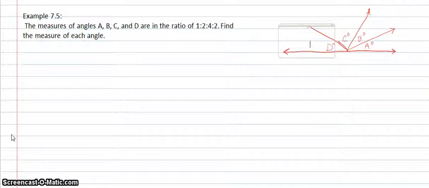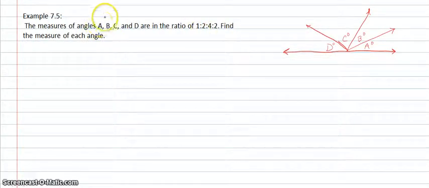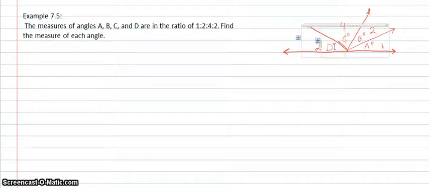In the fifth example of Lesson 7, we have the measures of angles A, B, C, and D are in the ratio of 1, 2, 4, and 2. Find the measure of each angle. So the ratios, these numbers go in the same order as our A, B, C, and D. So we'd have 1, 2, 4, and 2 related to each of the A, B, C, and D. Now, in order to help us out, we'll just multiply them by x so that we can find what that missing